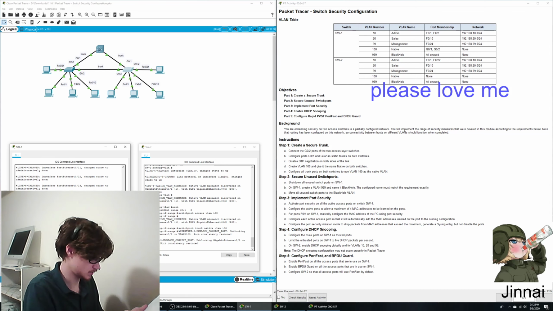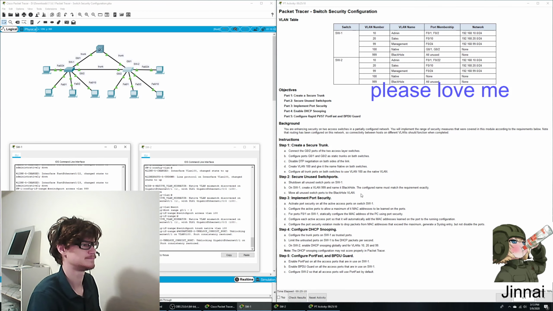Port security aging, port security violation modes: shutdown, restrict, protect. Verification, port security address. Okay, I definitely made a note of exactly what this command is. Implement port security. Switch port security, maximum. Yes. For ports F01,